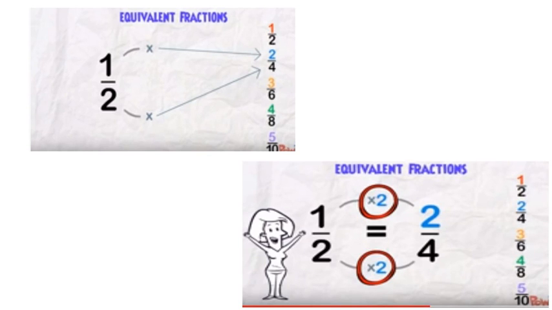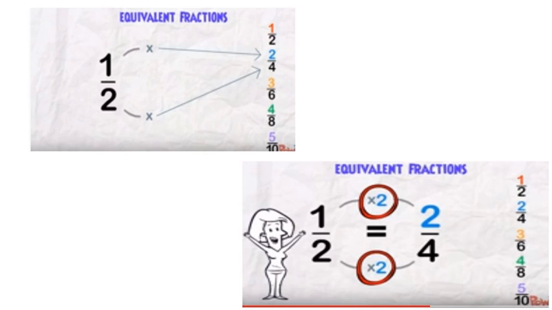So if I want to find the equivalent fraction for 1 by 2, what do I have to do? I have to multiply the numerator and the denominator as well. So as to find the second equivalent fraction, what number should I take? Yes, I have to multiply both numerator and denominator with 2. Then I get the equivalent fraction as 2 by 4.